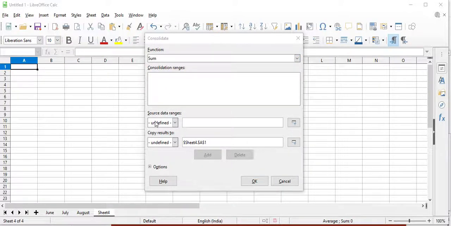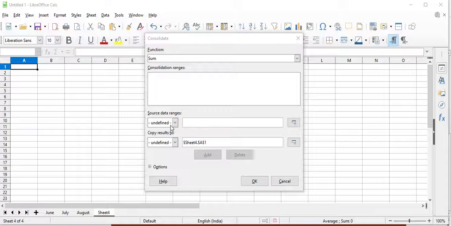In source data ranges, if the source data range list contains named ranges, you can select a source cell range to consolidate with the other areas. If the source range is not named, click the field to the right and either type a reference from the first source data range or use the mouse to select the range on the sheet.